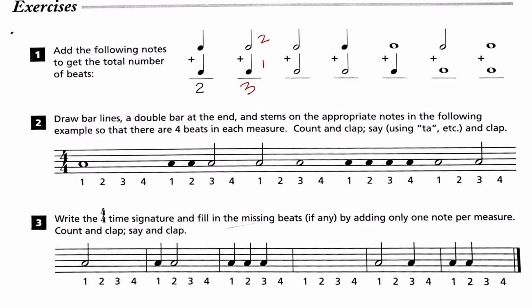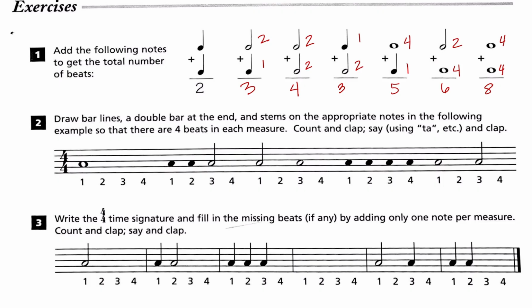3 beats. Half note is 2 plus 2 gives us 4 beats. Quarter note 1, half note 2, 3 beats, whole note 4, quarter note 1, 5 beats, half note 2, whole note 4, 6 beats, whole note 4, 8 beats. The next thing that it wants us to do is draw bar lines and a double bar line